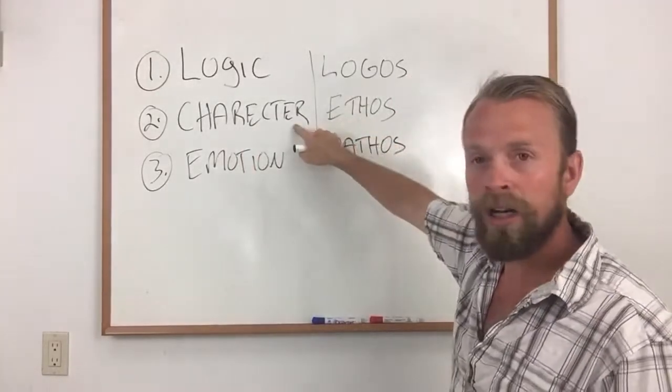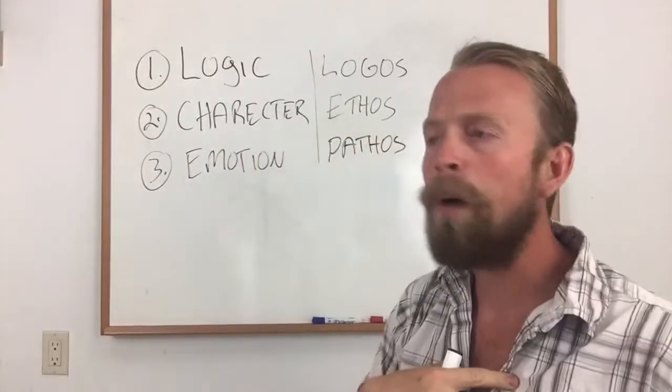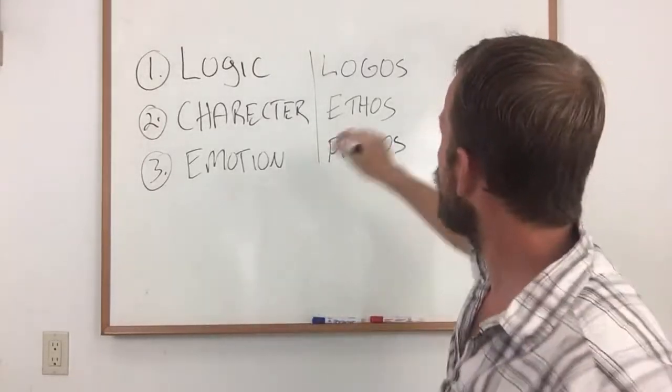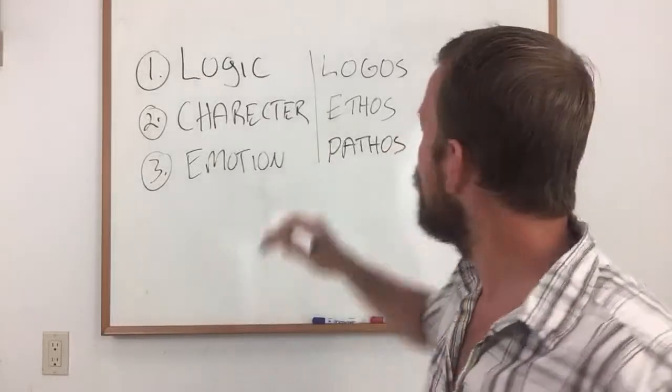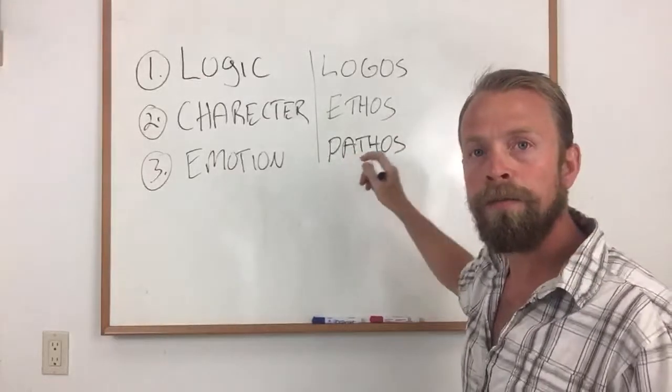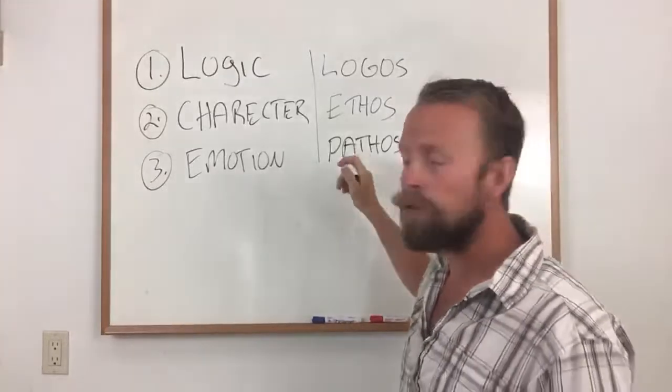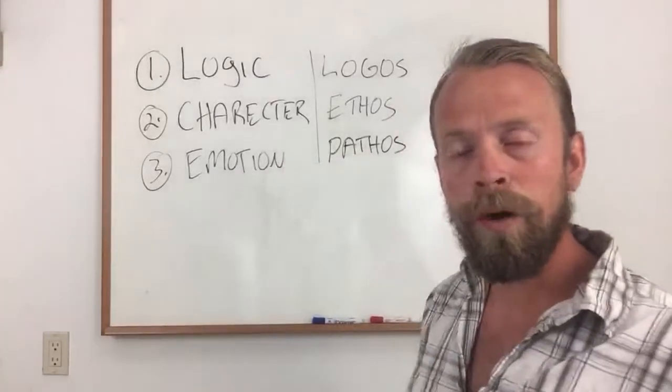Ethos is the argument of character. It's who we are. It's how we represent ourselves. It's our reputation. That's our heart. So ethos, put it right here in your heart. Pathos is the argument of emotion. And where do we feel emotion? It's in our stomachs. So we're going to tie pathos, the argument of emotion, to our stomachs, and that will help us remember.